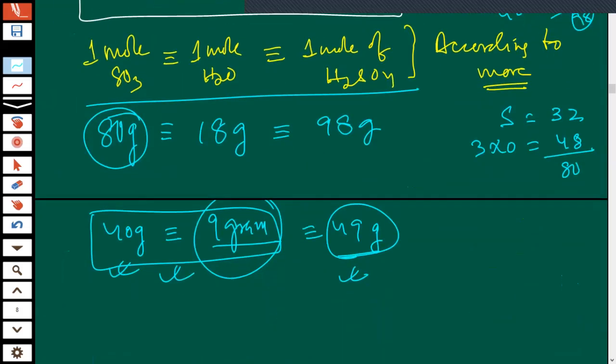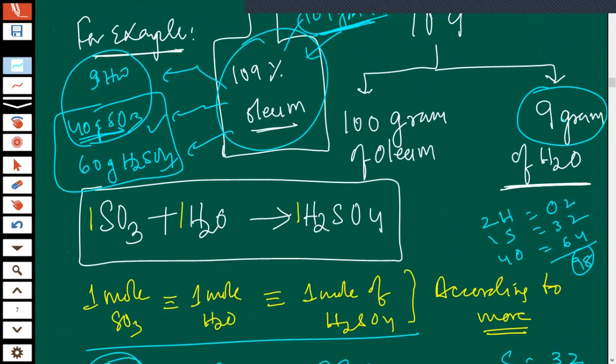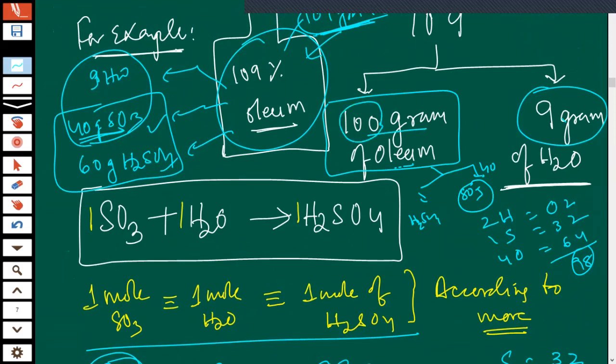I will give you one more example. How I got 60 means, earlier I told you, we take 100 gram of the sample. In 100 gram of oleum sample, and what is oleum? Oleum is two parts, H2SO4 and SO3. When I found that SO3 is 40 gram and the total is 100 gram, the remaining is 60 gram sulfuric acid. Did you understand, children?